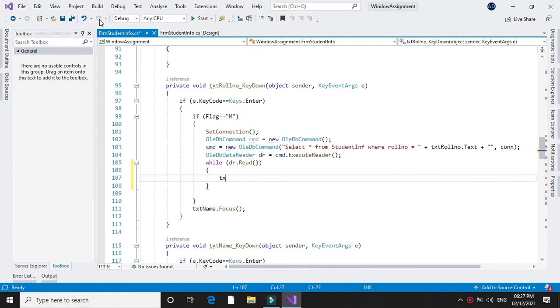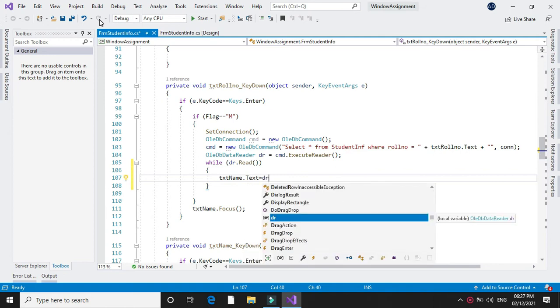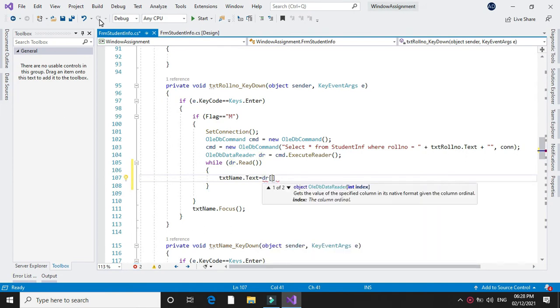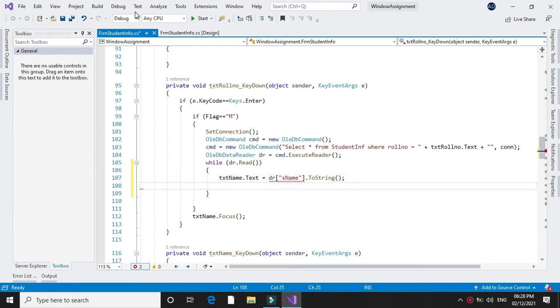So txt name dot text equal to dr bracket the field name, that is s name dot toString. That is, we are reading the data reader field name s name, converting it to the string value, and we are assigning or storing it into the txt name.